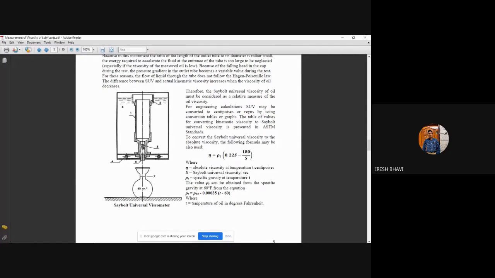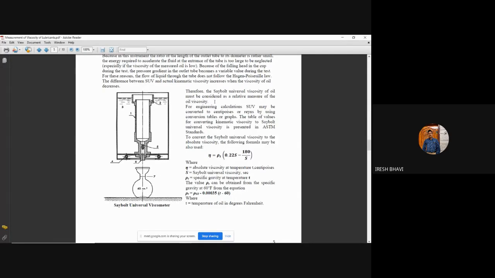So in order to maintain the temperature, they have given these two coils. It is a circular coil which will be around, and that heating coil will be there. With the help of that heating coil, they will be maintaining the temperature of this water bath. And once the temperature of this water bath is maintained, the temperature of the cup will also be maintained at that.